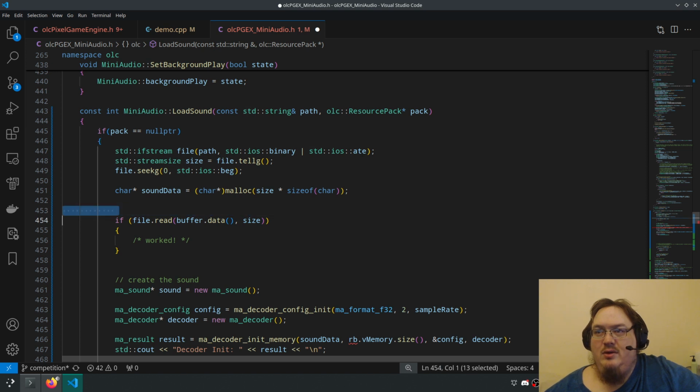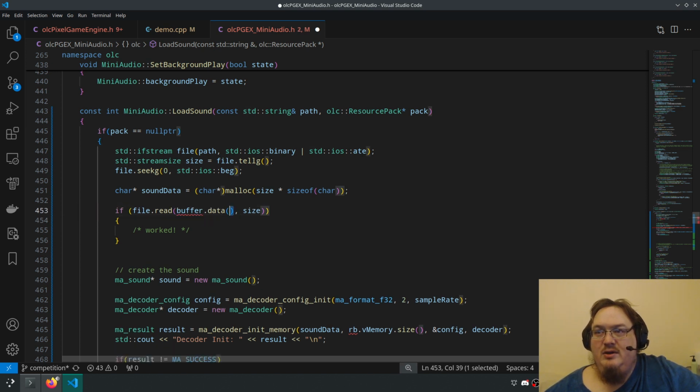And then file read to be sound data size.